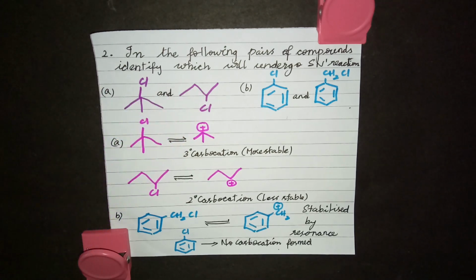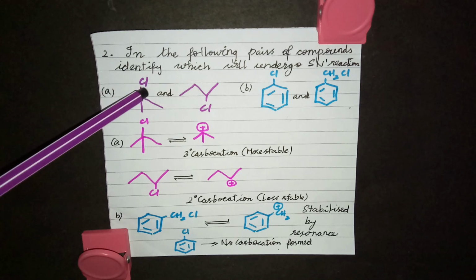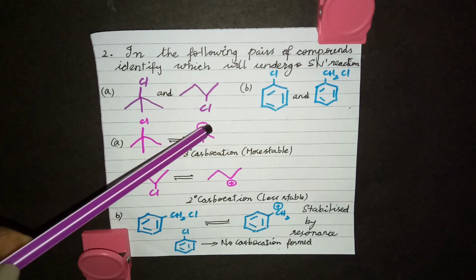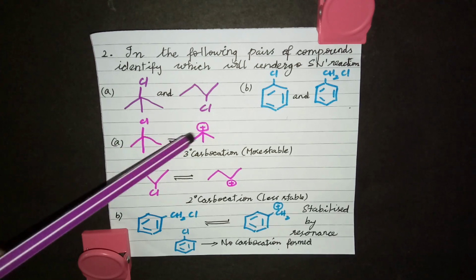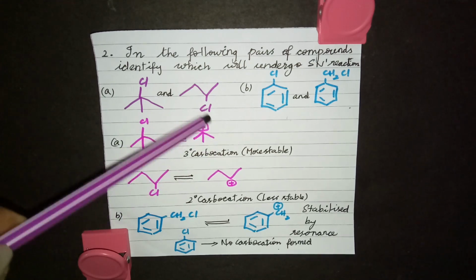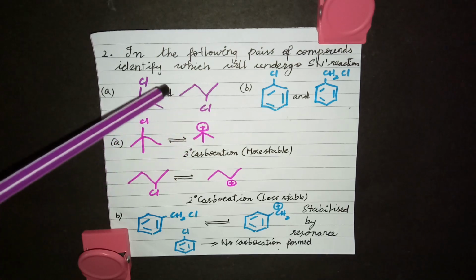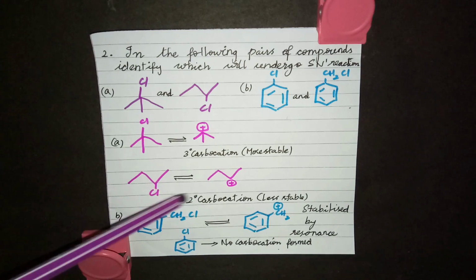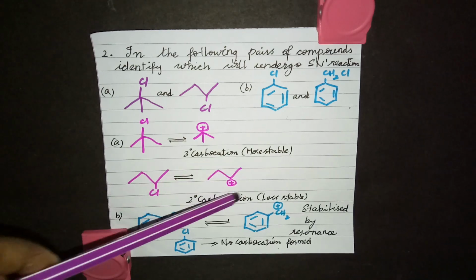So I've told you SN1 reaction takes place in 2 steps. In the first step, in the presence of nucleophile, carbocation will be formed. So to form the carbocation, the Cl should be removed. So instead of this Cl, you get a plus here. So put a positive charge here. This is a cation, say carbocation. Same way for this compound, the Cl will go out and you get a positive charge here. So this is a carbocation.